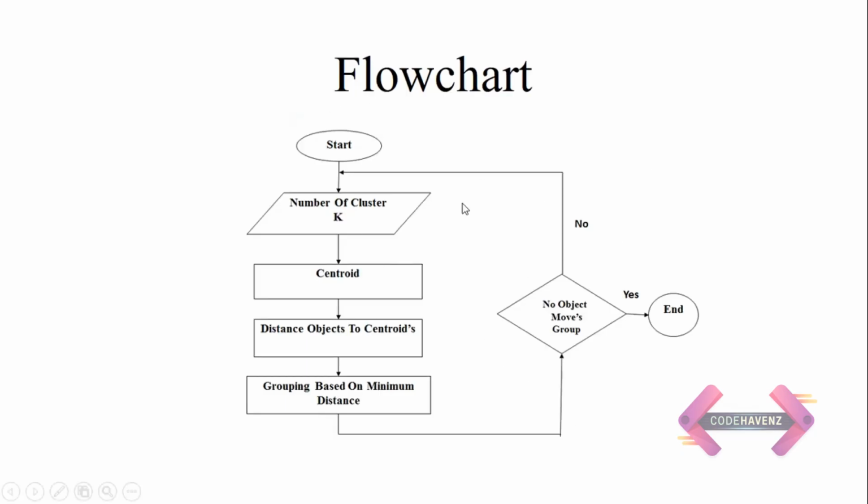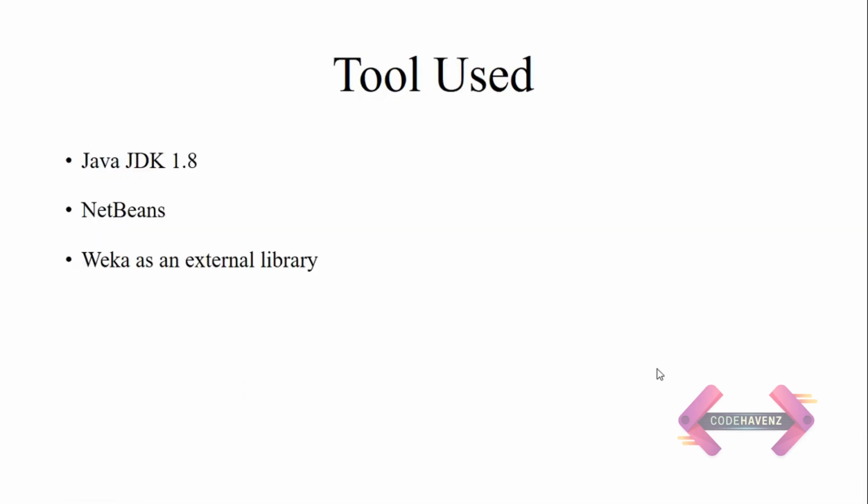Now, I have shown here the flowchart of the clustering algorithm. Similarly, firstly we take the number of clusters. We take the k value as the cluster centroids. Then we calculate the distance from each data object to the cluster centroids, and group the data based upon the minimum distance. If no data objects move between clusters, that means the cluster centroids remain the same between the last two iterations, and we have achieved convergence. In this case, we get our clusters.